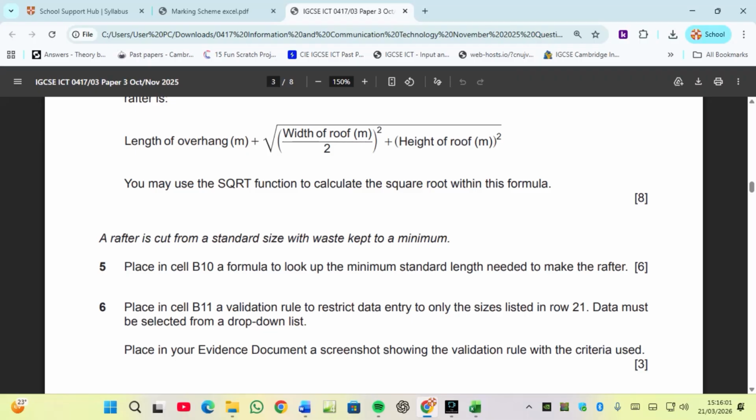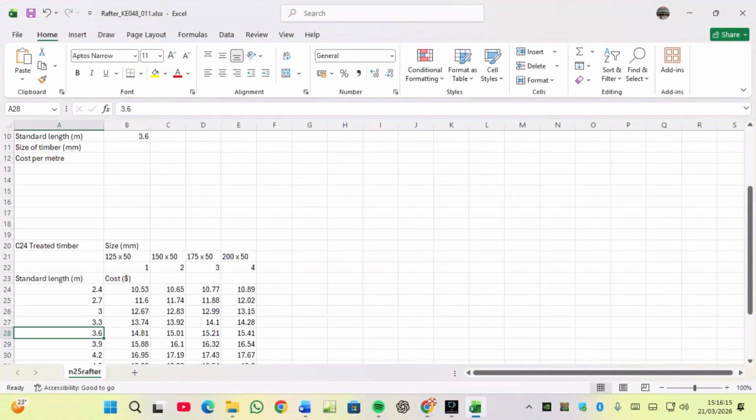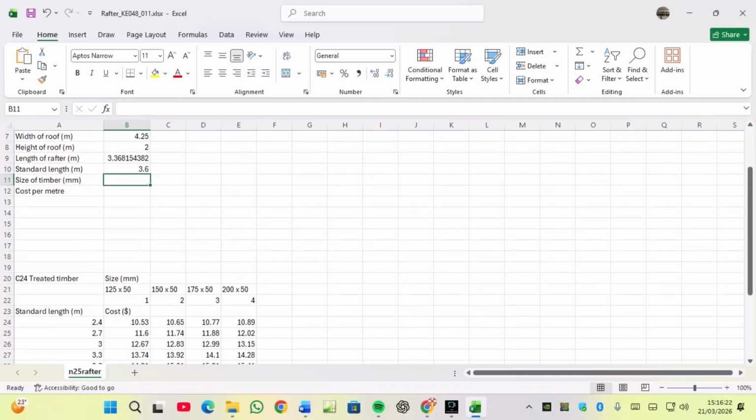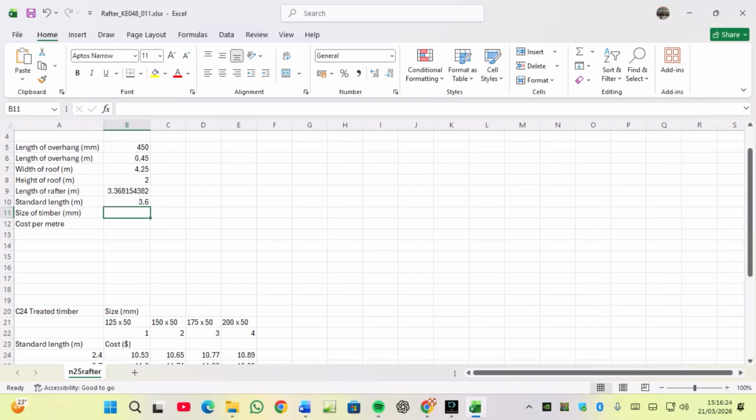only the sizes listed in row 21. Data must be selected from a drop-down list. Very important, drop-down list. So we need to put a validation rule to restrict data entry only to the sizes listed in row 25. Row 25 is this one here. These are the standard. So I need to put a validation rule here to restrict my choices in a drop-down